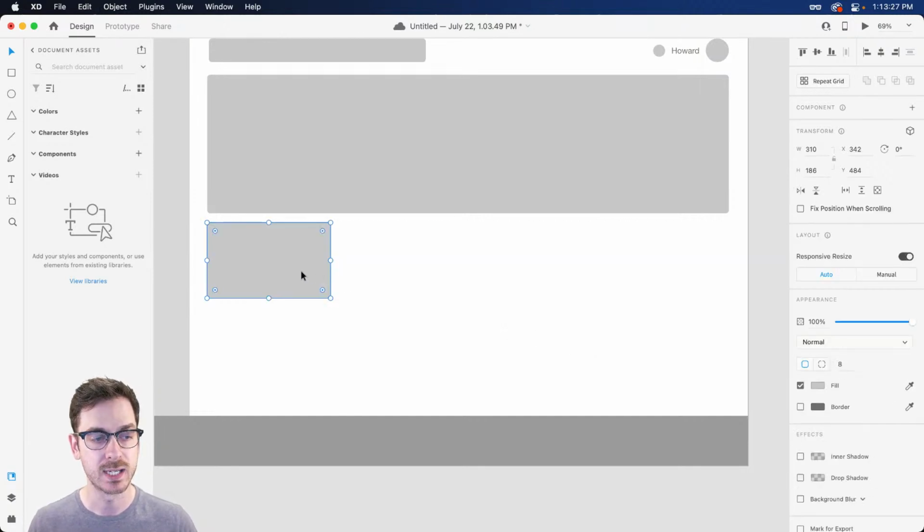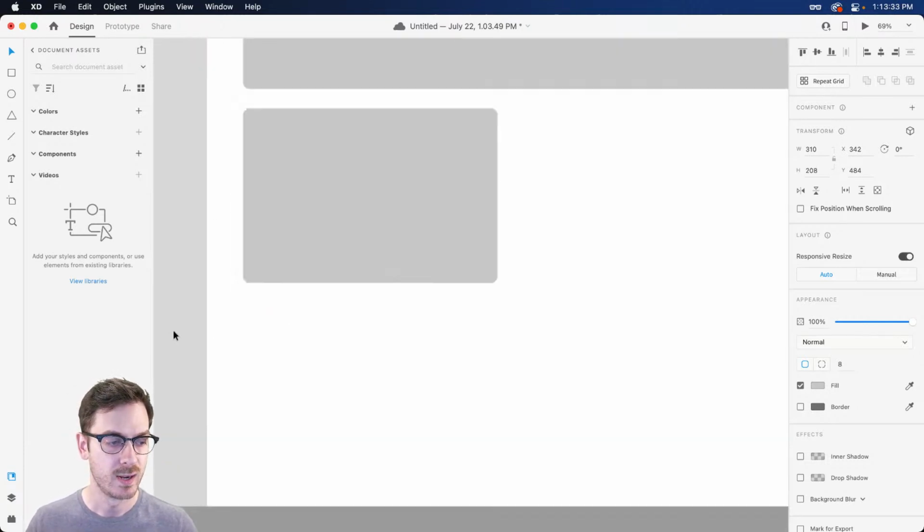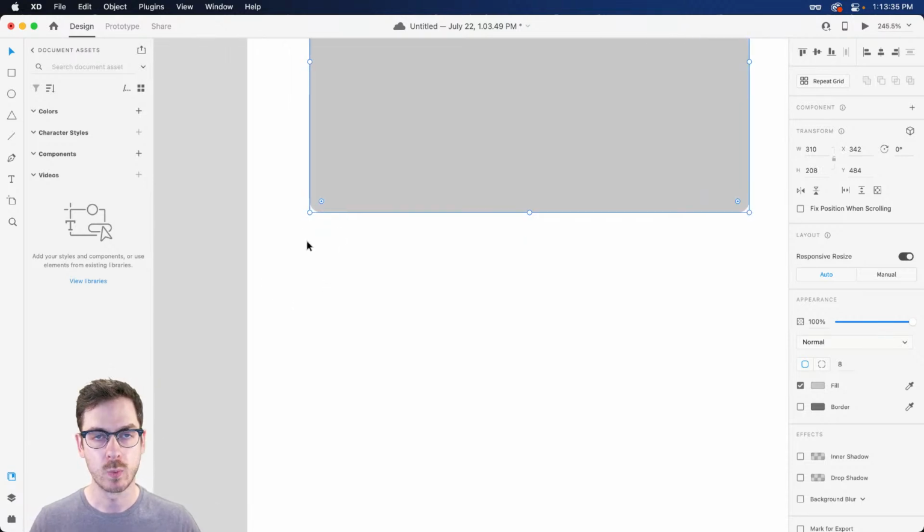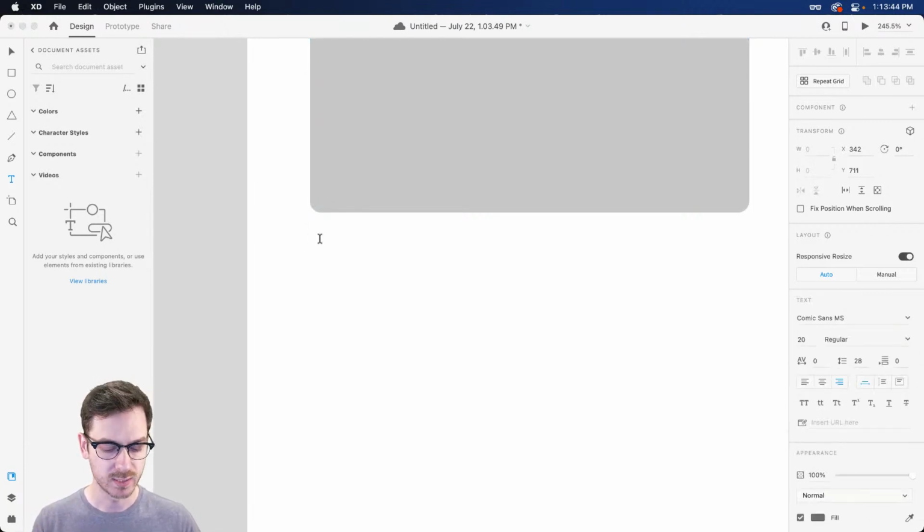Let's go ahead and undo this, because what I want to do is add some additional information into this particular album. I'm going to make this a little bit larger. And then right down below, we might want 2 main pieces of information. We might want the album name and then possibly the artist.